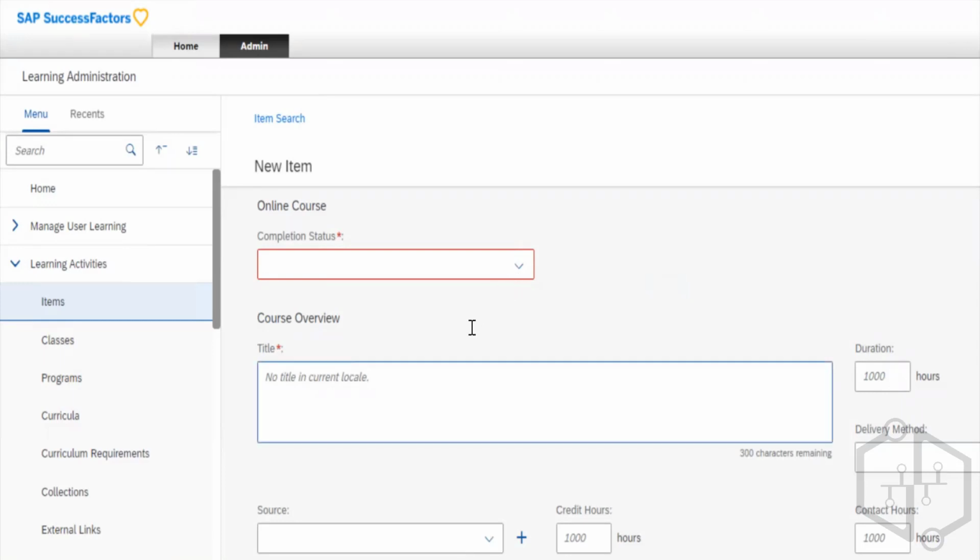Now I write the title of this. So I say test classes. Now I say duration, how long this training will be for. So let's say 10 hours. Then I say delivery method, 5 days a week,